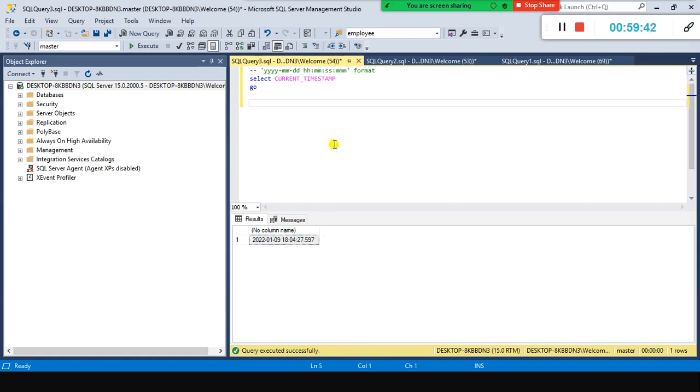Okay. Next one is we have something called sysdatetime. See, sysdatetime and sysdatetimeoffset are also available. It gives you your SQL Server date time stamp.